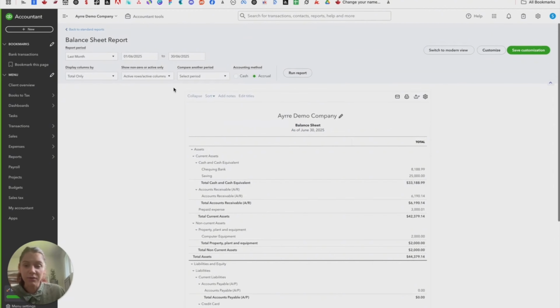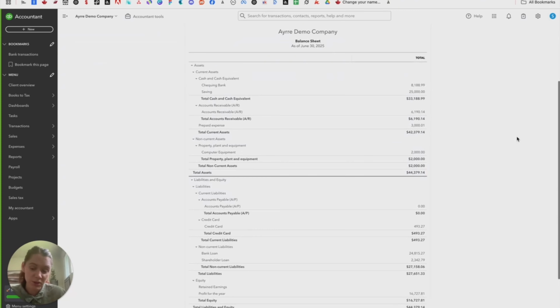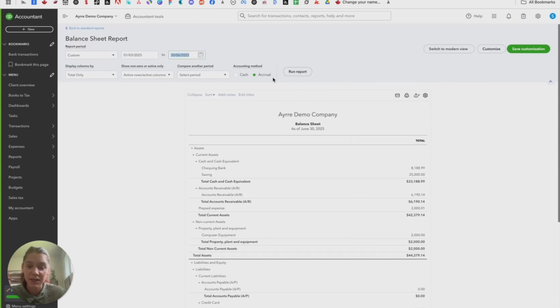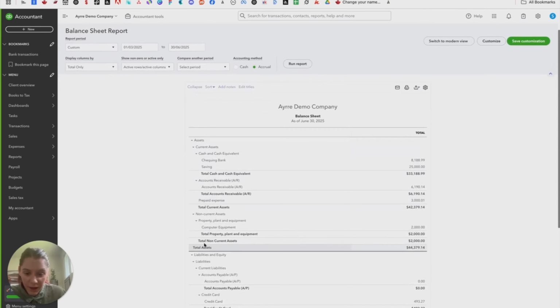So as of, you can actually change these dates. So I can make it a different period. And you can see nothing happened. Nothing changed because it doesn't matter what the period is. The only thing this report is taking into account is this ending date of June 30th. So it's showing me my assets, my liabilities,